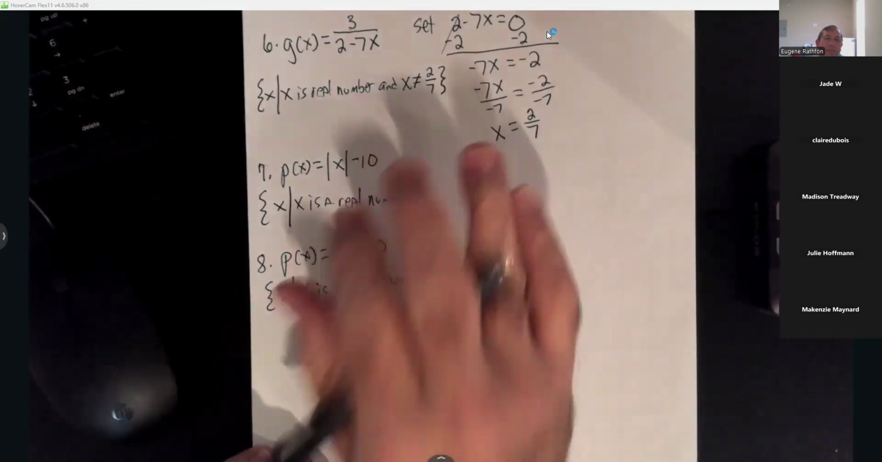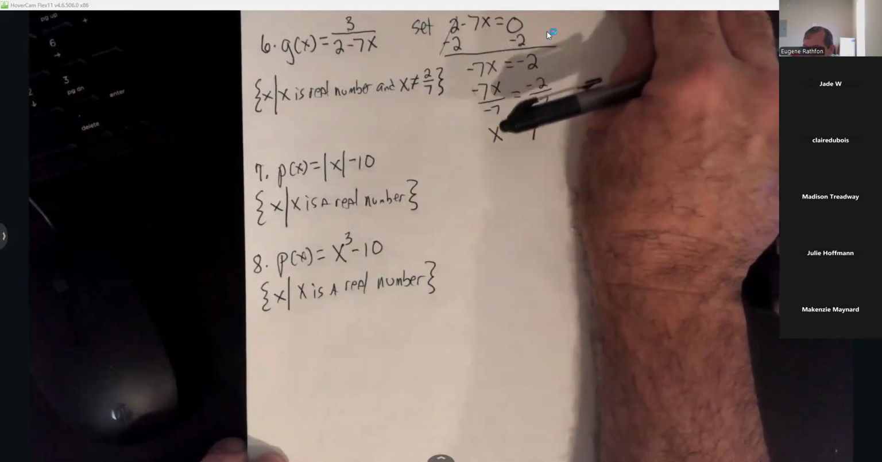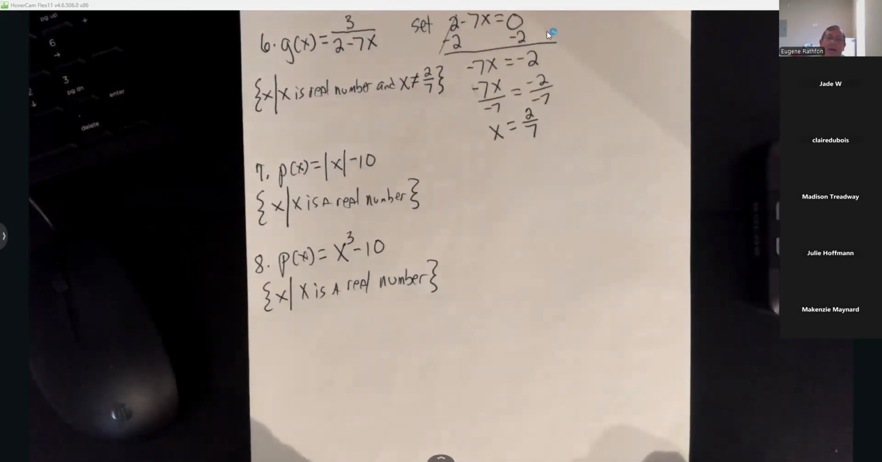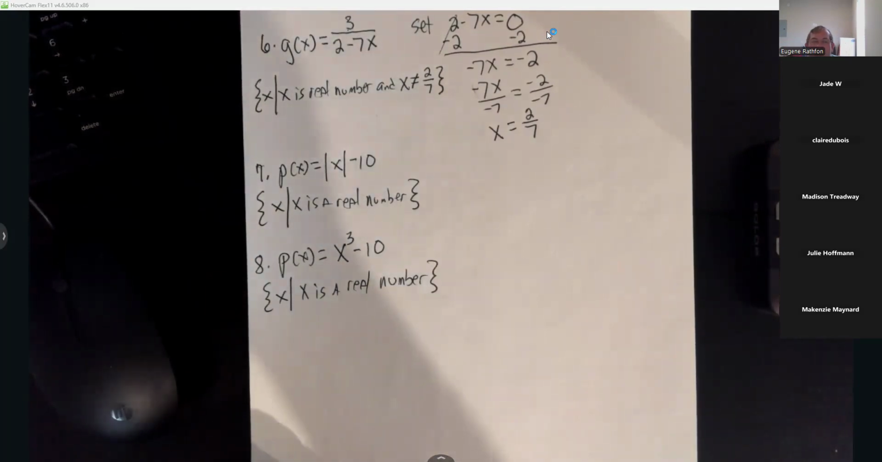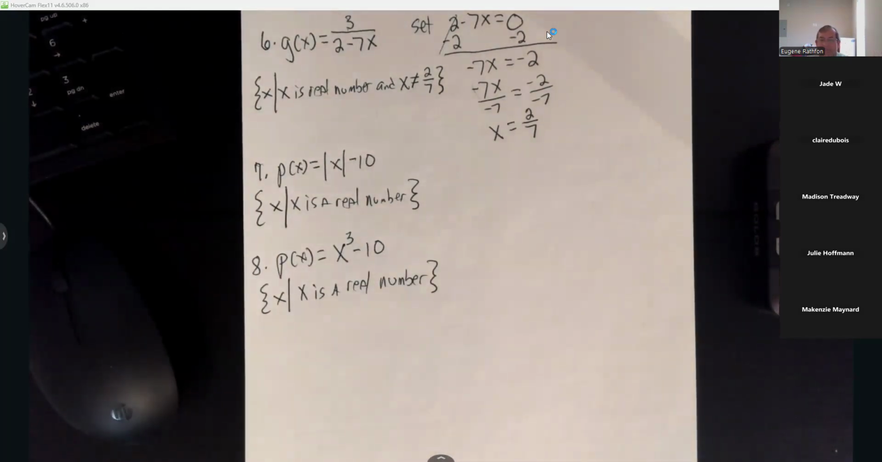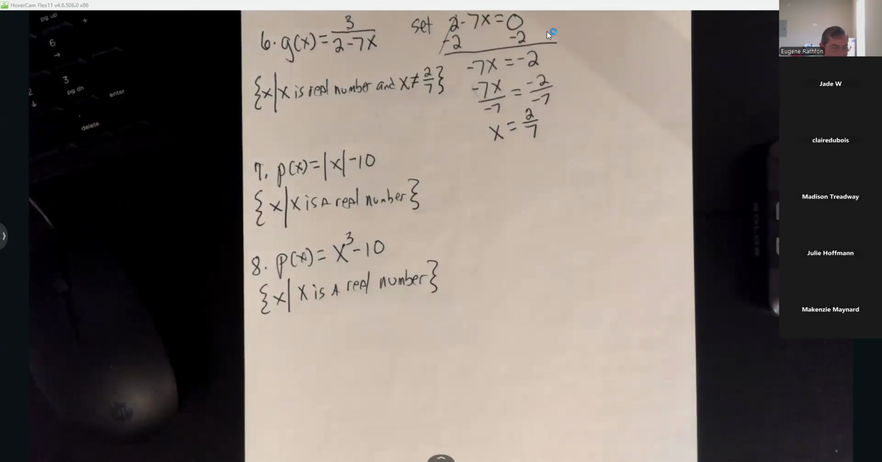So the moral of this section is we want you to realize that the only thing we're worried about in a domain is the denominator of a fraction that has a variable, okay? Other than that, it works for all real numbers, okay? So that was 2.3. So let's get into